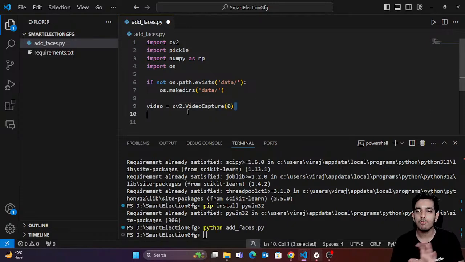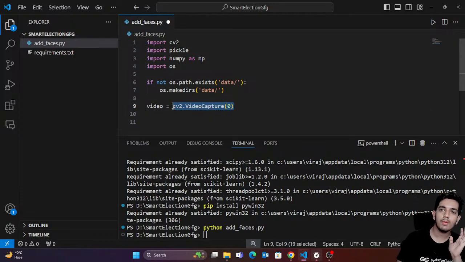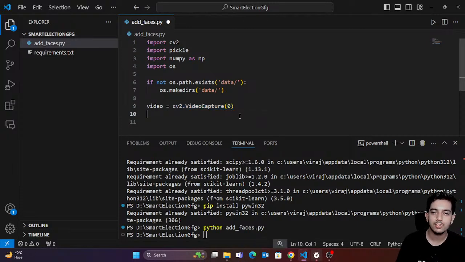So this is it. We have just targeted that I want to open my primary camera. Suppose you have 2-3 cameras, so here you can just change the index as per your demand. So 0 means first camera, 1 means second camera, 2 means third camera, right? That's how. Okay, and then guys, what we're going to do is use face detection. So I'm just going to name it face_detect, equals cv2 dot, and here I'm just going to write